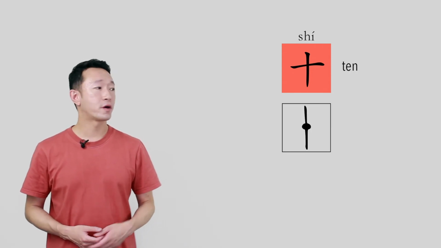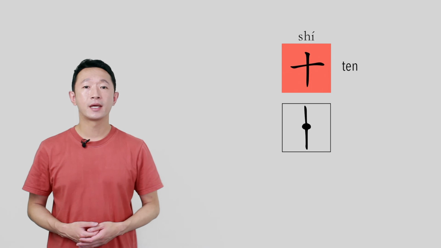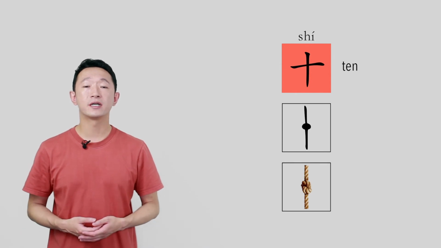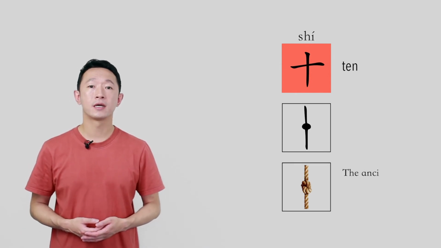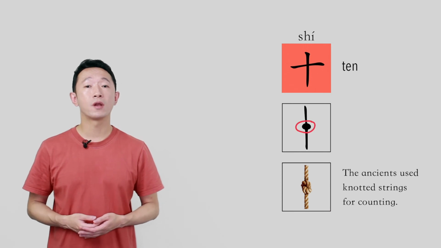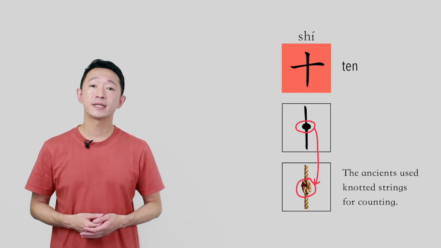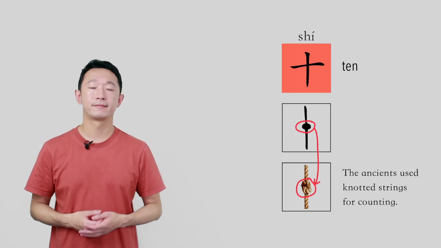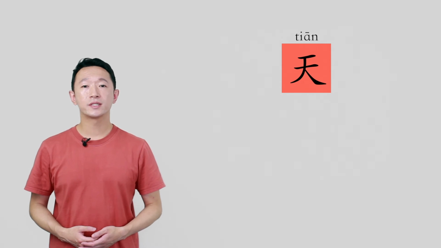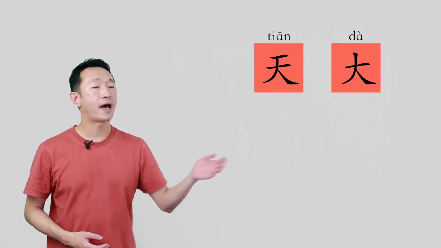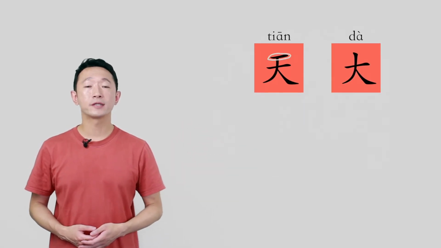Its original form is like this. It looks like a rope with a knot tied in it. So the short horizontal line indicates the knot in the rope, representing the meaning of 10. This character is 天. 天 looks similar to the character 大, but there is an extra short line on top